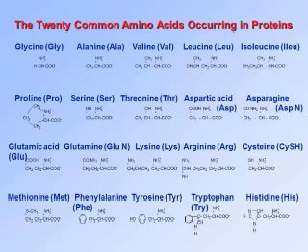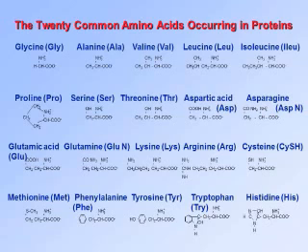Those 20, ladies and gentlemen, are key to every living thing. Every living thing. Because the fact is that all living things that have proteins in them, which they all do, the proteins are built out of those. These are the building blocks for making protein. That's why you should memorize it. So let's name them. I'm not going to name all of them. Let's go through a few. There's glycine, alanine, valine, leucine, isoleucine, proline, serine, threonine, aspartic acid, and so on. There's 20 of them.